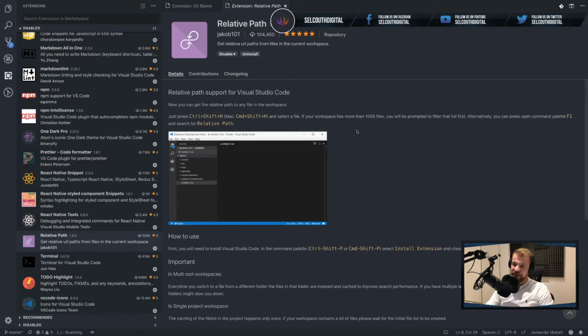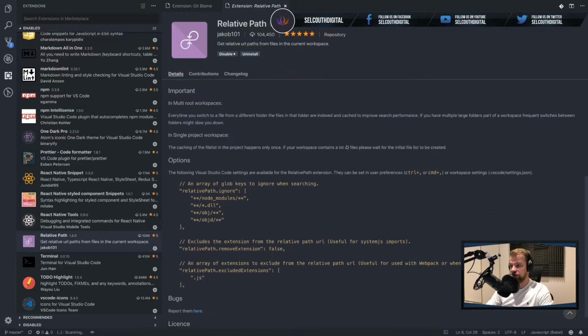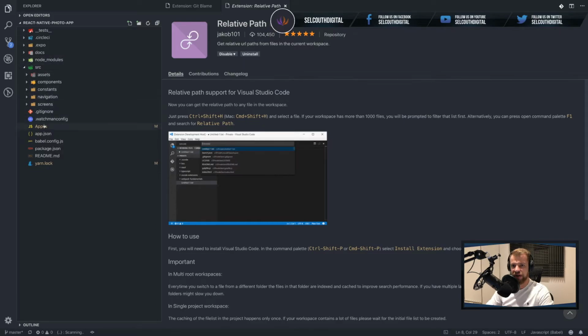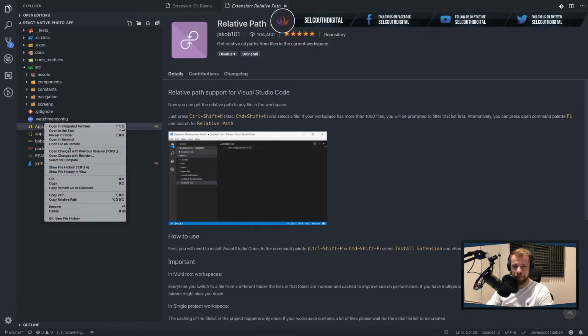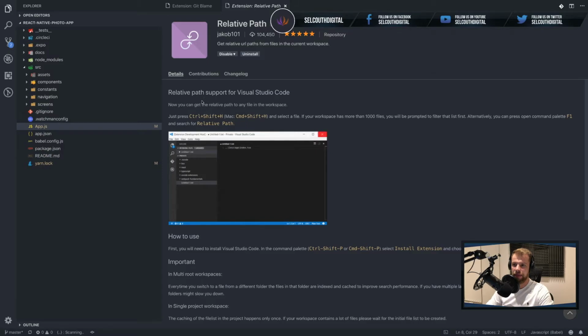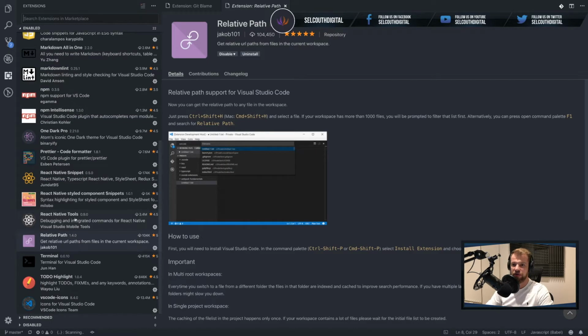Relative path, that's again another sort of helper, which just gives you the path to certain files in VS Code. So I think you can actually get it directly from the file. When you right click on the file, I think that would give you copy path. There you go, or copy relative path. I think that adds it to it. Maybe I'm mistaken, but I think this is what it's for, or at least this was the reason why